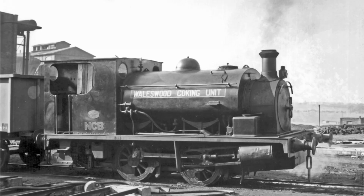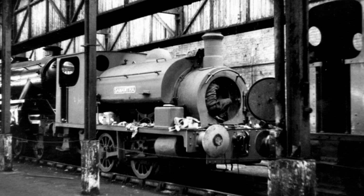In 1962, Waleswood Colliery closed, and HC 750 was moved next door to Kinverton Colliery, where she worked for a further 10 years. In 1972, she was sold to a scrap metal dealer, who painted her green, named her Samantha, and placed her in his front garden. In 1975, she arrived in this condition at Steamport Southport, when she was purchased and first